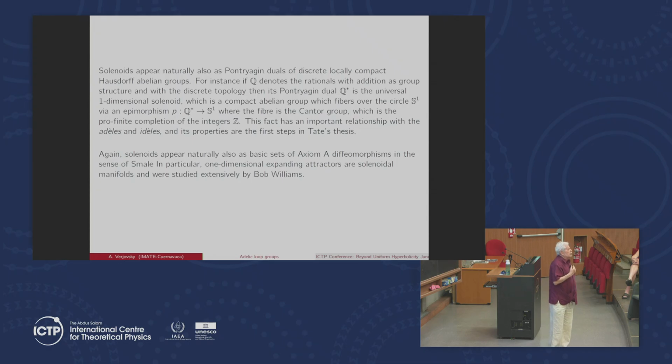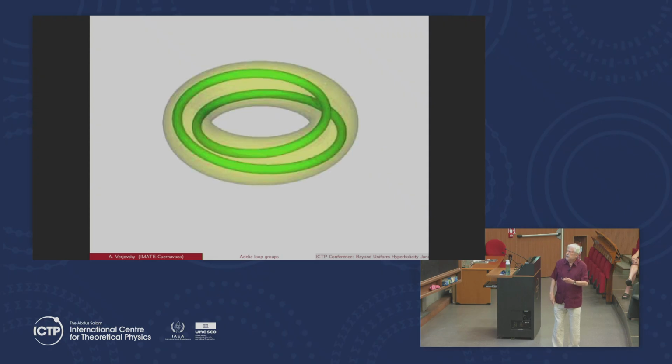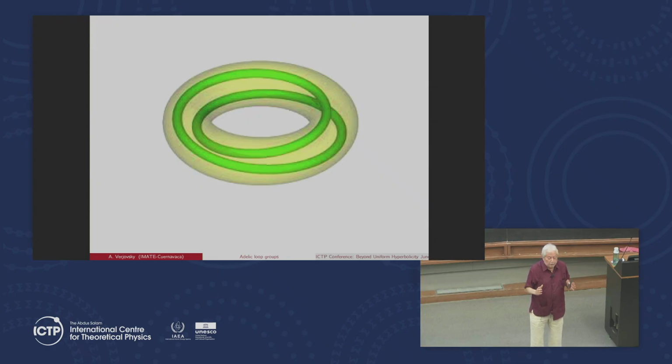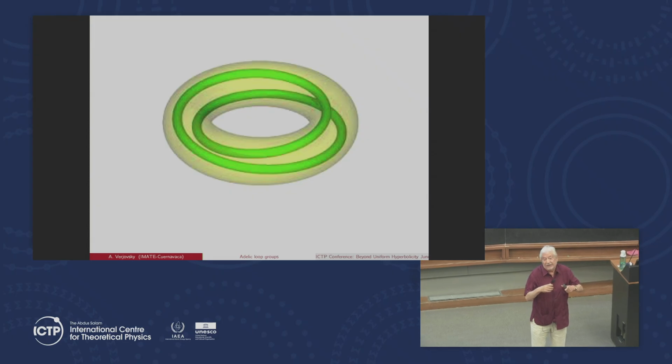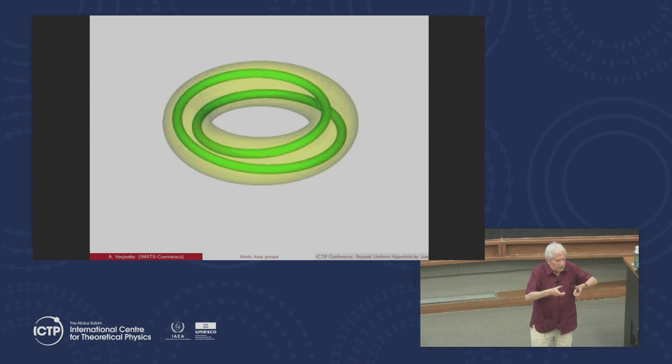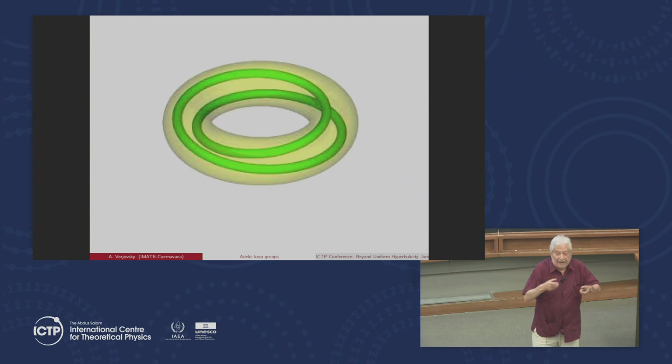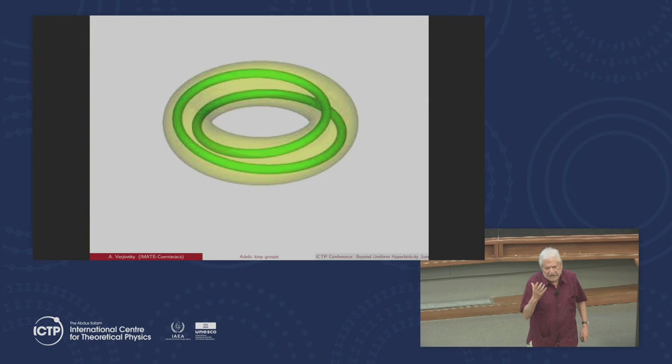And something which has to do with the title, I have to justify why I'm here, is the fact that the solenoid that I presented at the beginning, this one, the intersection, is actually an invariant set for an Axiom A dynamical system of the sphere. There's actually a diffeomorphism of the sphere. If you describe the sphere as the union of two solid tori, and another one linking like this, then there's a real analytic diffeomorphism that takes the solid torus and wraps it around. And therefore, this will have two basic sets in the sense of Smale, hyperbolic basic sets, which are two solenoids,